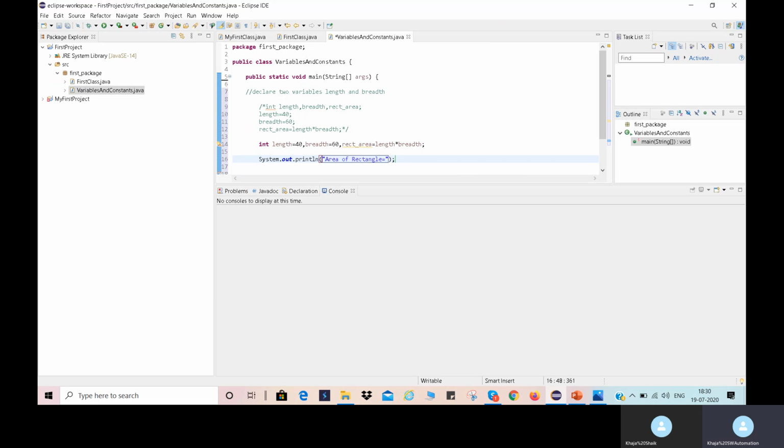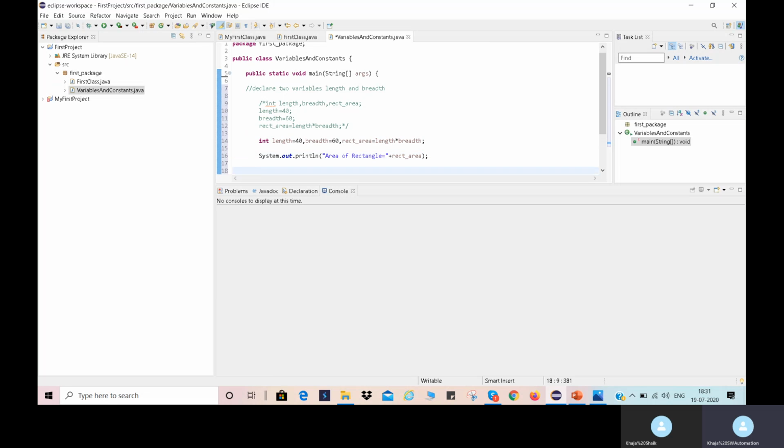So here I am displaying the value from this variable, rect underscore area. The plus here is called the concatenation operator. It will concatenate this part and the value of this variable. Like this, here we use.